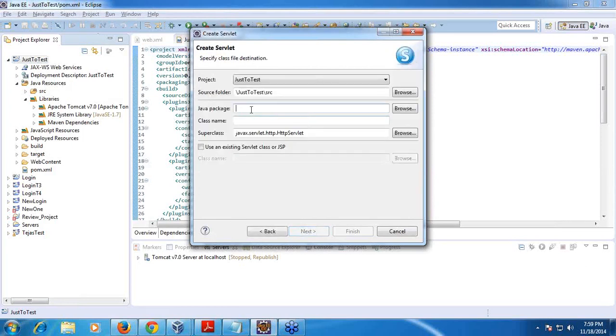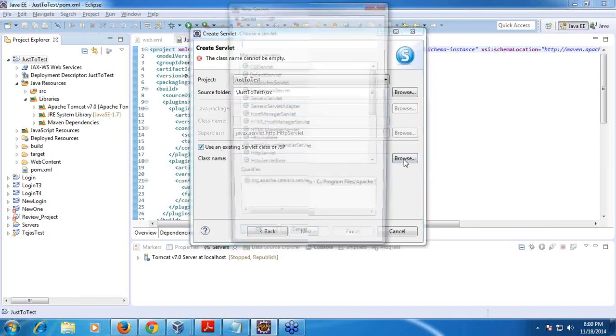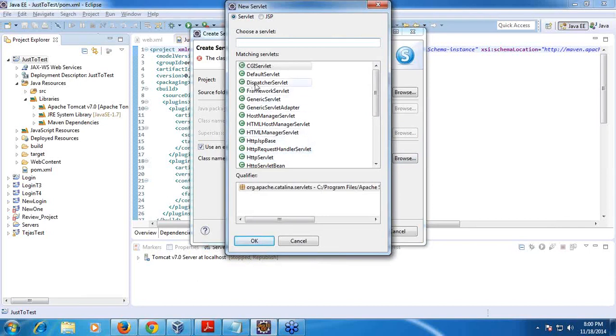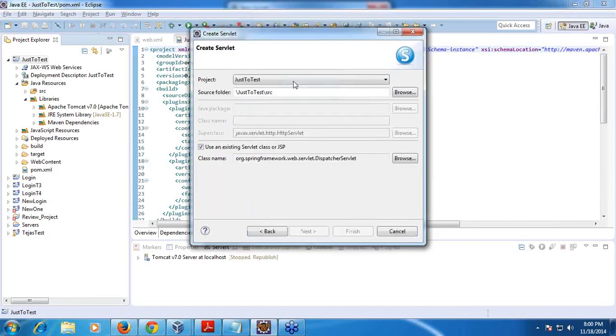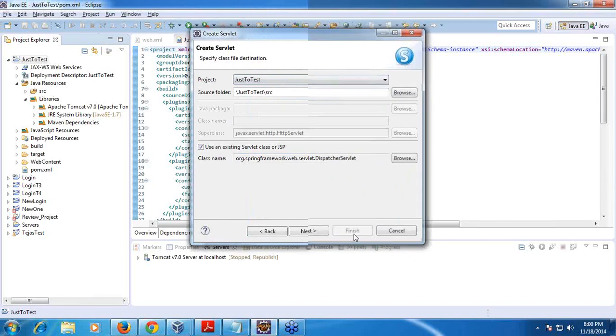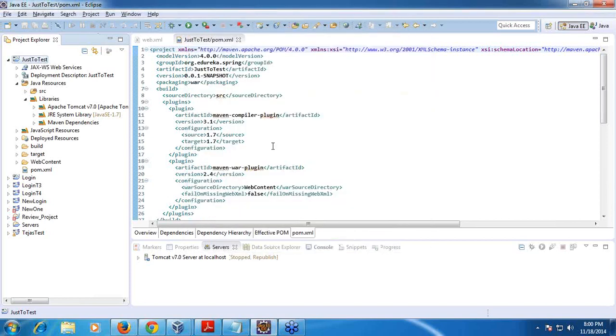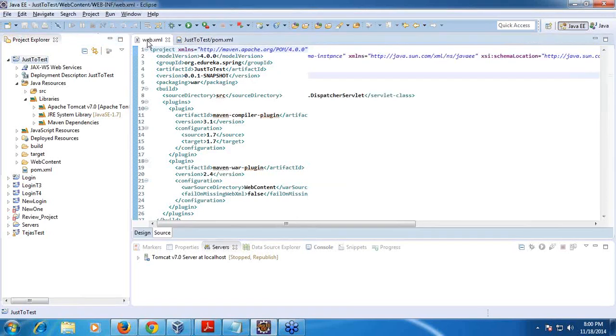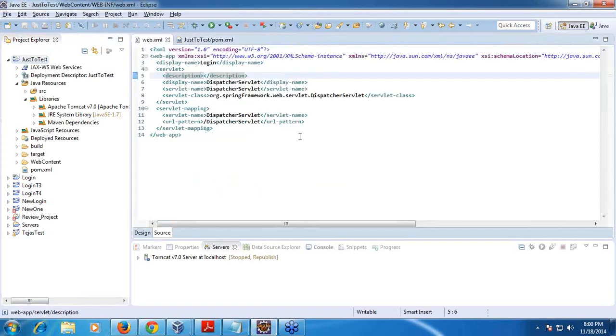So click on this servlet. So you say use an existing servlet or JSP. So now if you say browse, and if you have included all this Spring project, you should see this dispatcher servlet here. org Spring Framework Web Servlet, dispatcher servlet. So core web module as this. So now double click on it, select it, and then say finish, right? So now in the web XML, if you see, it has added that dispatcher servlet.